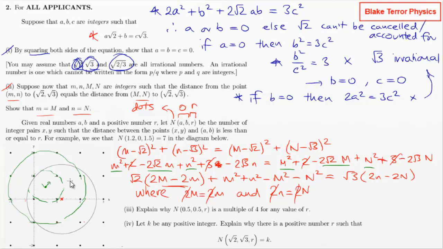Yeah, because all of these are equidistant. All these dots are the same ones. Right, okay, so how am I actually going to turn this into words? So I need to turn this into, what do I need to turn this into? So we need to start off by saying 0.5, 0.5 is at the center of a square